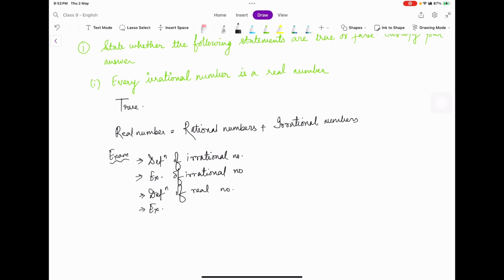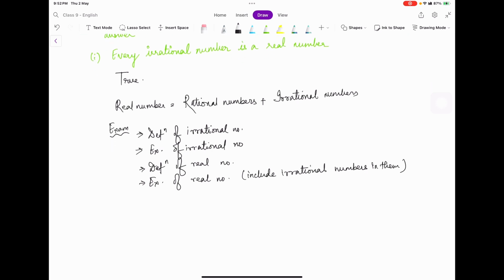Give an example of real numbers, which include irrational numbers in them. Then you write the statement that yes, since real numbers consist of rational and irrational numbers, hence all the irrational numbers are real numbers. That you can do. Okay, the second question,